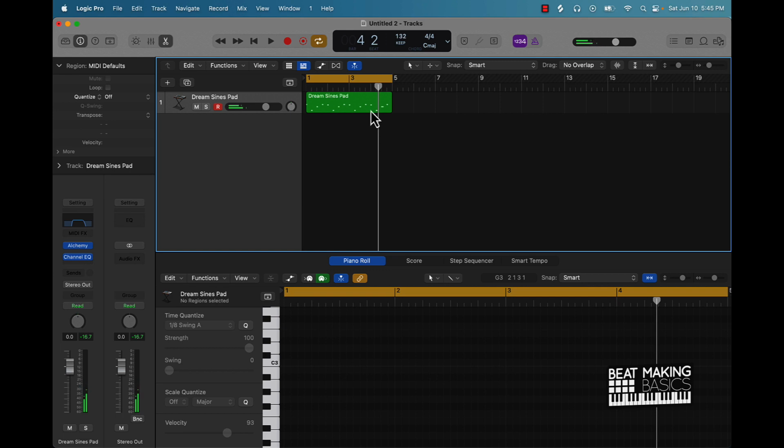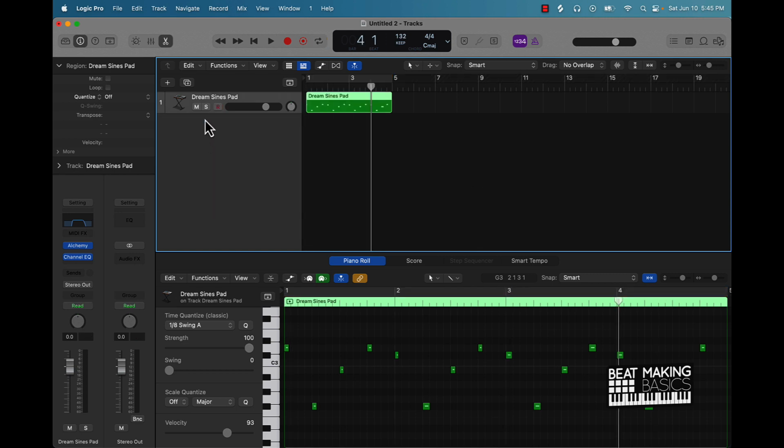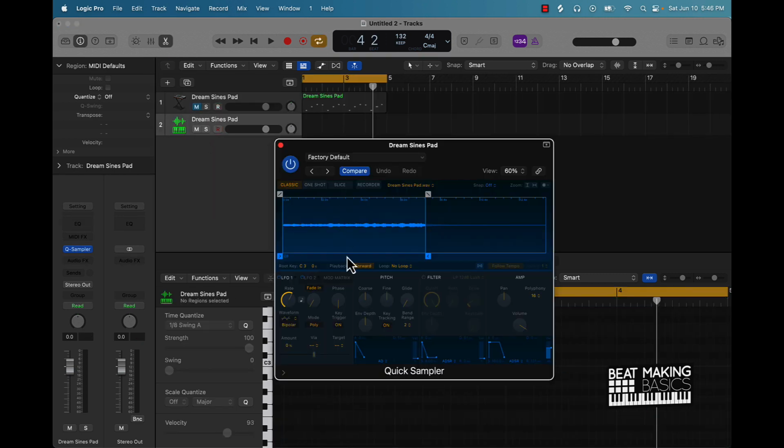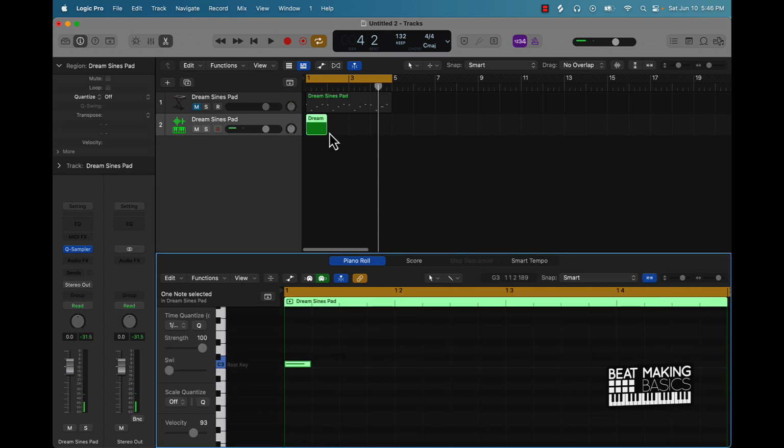All right, cool. So once I got a good little pattern going here, next thing I'm gonna do is just take it and drag it over here to the gray area and put it in the Quick Sampler. And what I want to do there now is just go ahead and click on follow tempo, and this is going to lock it in place as far as with the BPM. I'm gonna come over here, create a note, we'll extend this,